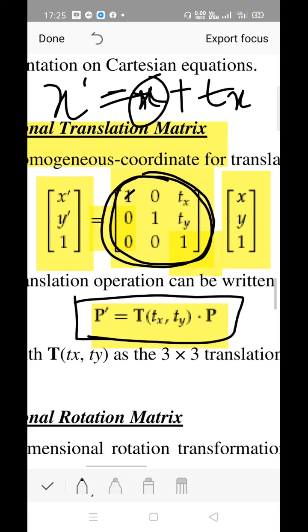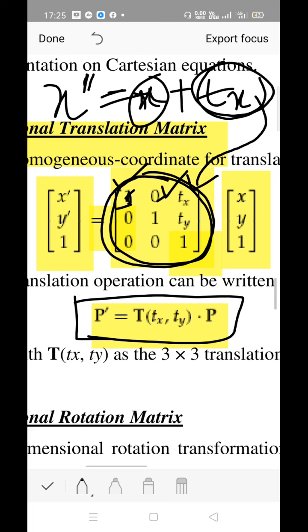The first parameter which we have marked here: is there any coefficient with respect to y for x dash? Check the formula, x dash equals x plus tx. No y term is available, so put the y term as 0. Observe the first row, concentrate. Then the third parameter of the first row: how to write this constant value? What is the constant value you are adding? You are adding the constant value tx, that is